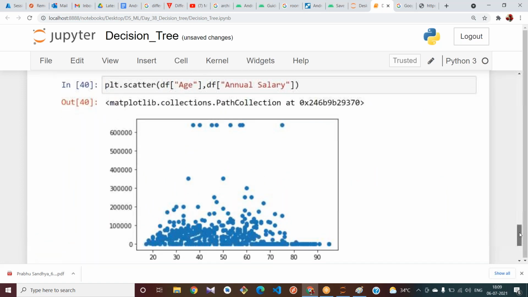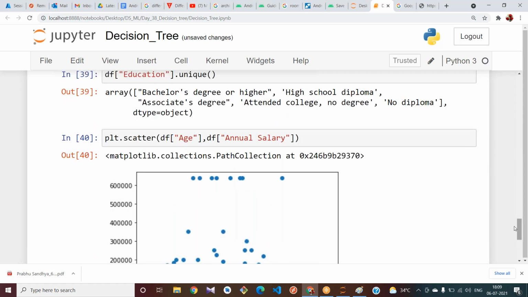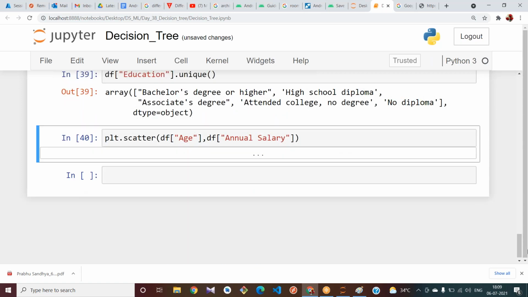See, it is in a non-linear way. That insurance.csv is also in a non-linear way.